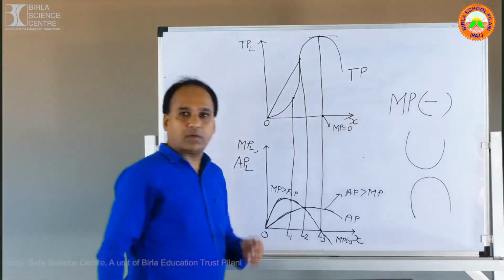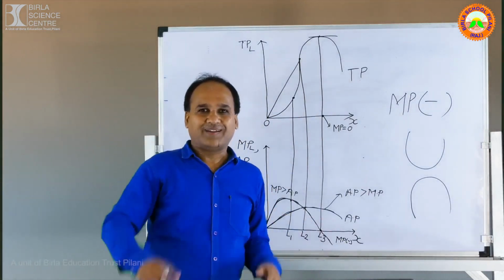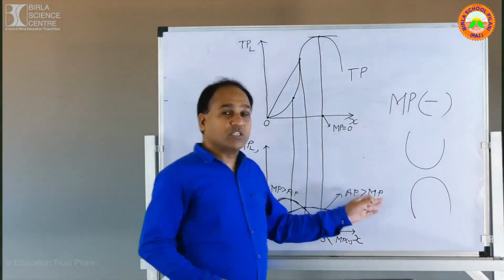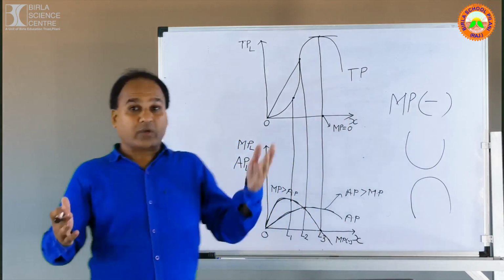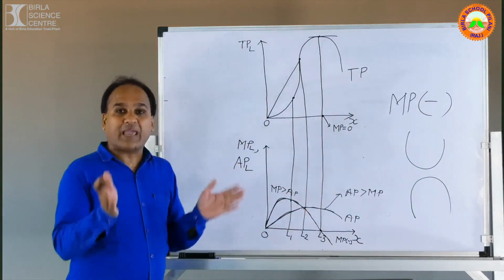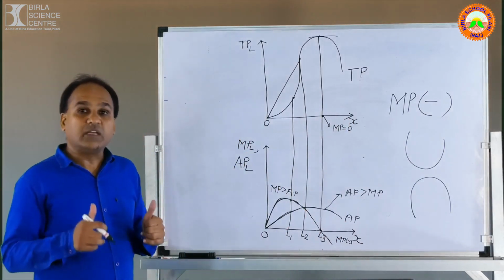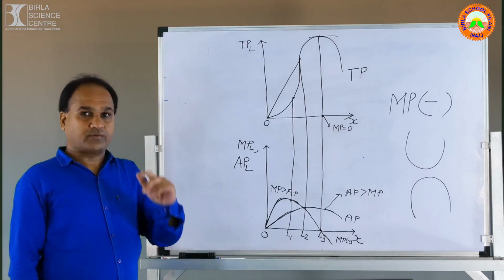What is this shape? अरे बाप रे, ये क्या है? ये भी तो U है. U को उल्टा घुमा दिया, है ना? मजा आ गया. चलो. This is called inverse U shape curve. So can we say MP, can we say AP, both MP and AP are what? Inverse U shape curve. That's the relation number 4.